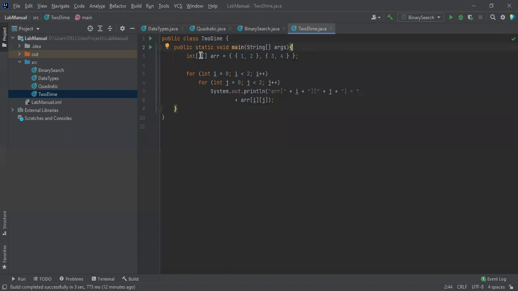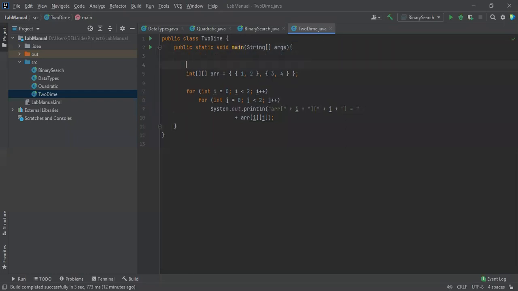So the declaration and initialization of a two-dimensional array is like this. See this, I'm having a two-dimensional array. The name of the array is ARR. If it were a single-dimensional array, we would take it like this, which is enough for us. But in the case of a two-dimensional array, there should be another one. In the case of a three-dimensional array, there should be yet another one. Okay, this is the initialization of a two-dimensional array.